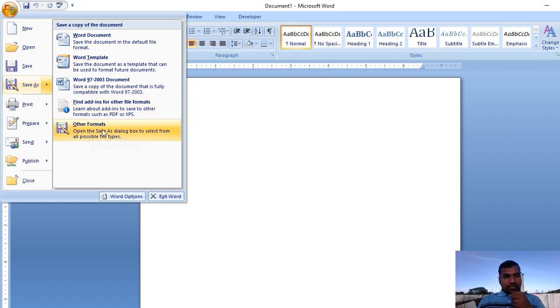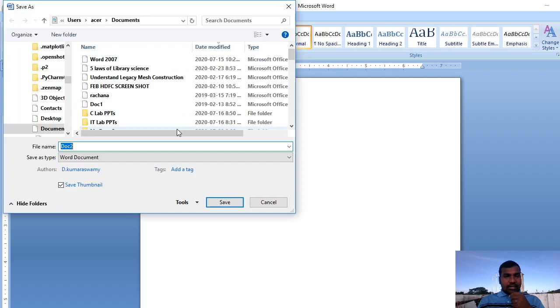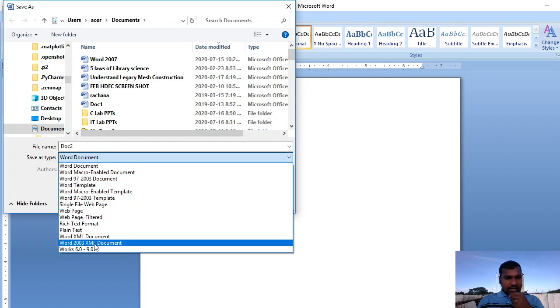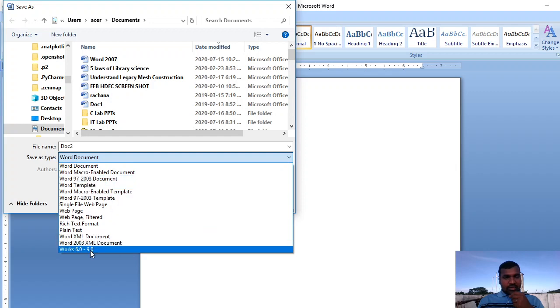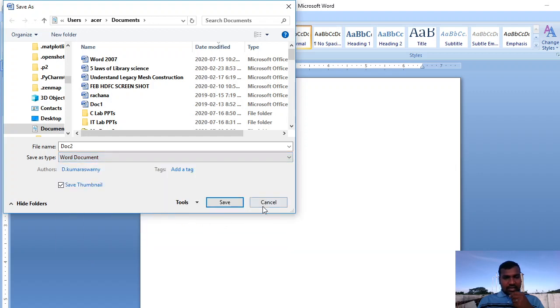Here the other formats option will be there. Click on this other formats option, and it is going to display several other format options. Okay, and you can choose any one of these options and save the document.